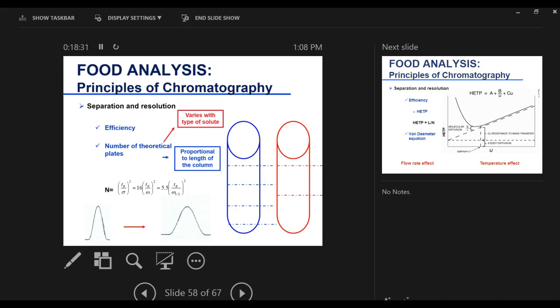line on top of the column, but once it goes through the stationary phase, there is diffusion, and then there is in and out into the mobile phase. On the stationary phase, in the mobile phase, going in and out and reaching equilibrium. If it stays sharp here and sharp here and sharp here as it moves down, it will be a sharp peak. If it starts diffusing, that means I have